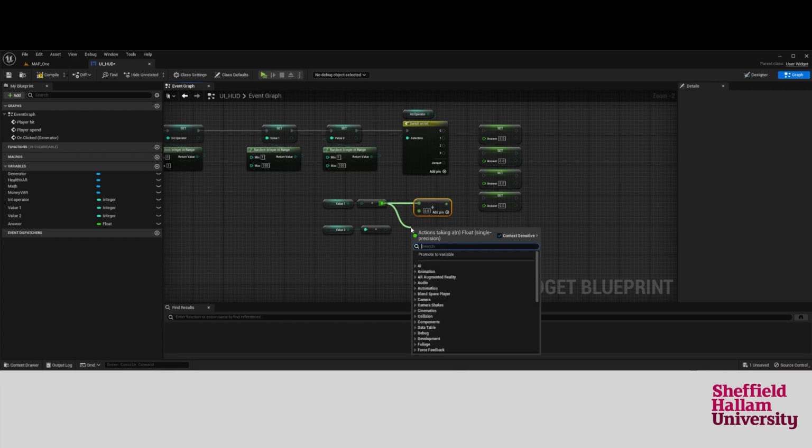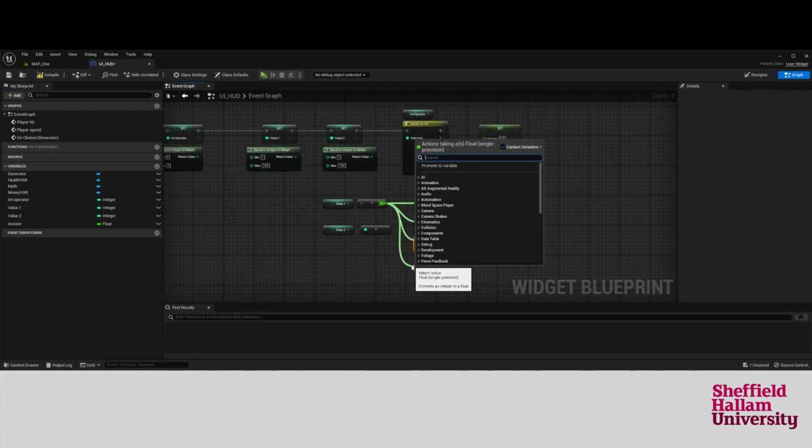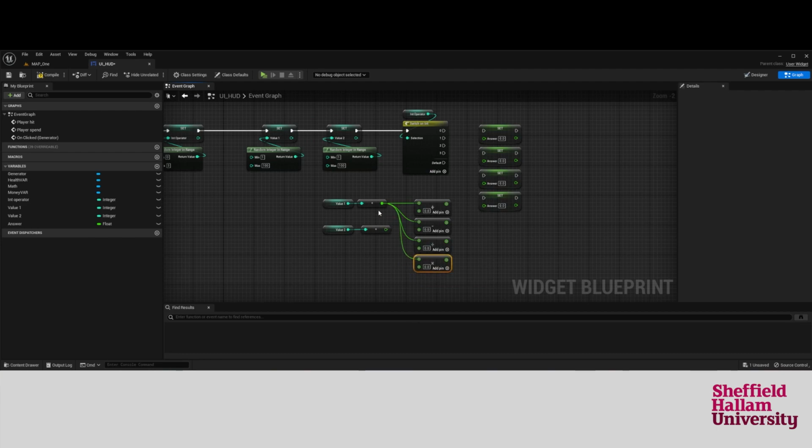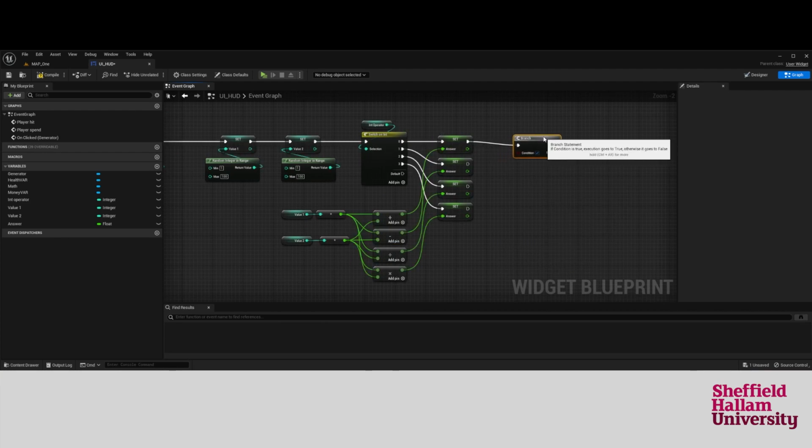Add, subtract, divide, and multiply. And then again, plug the value 2 into each one of these, and now there's no need to convert anywhere else. So plus is going to be if 0 is triggered. If 1 is triggered, we're going to do a minus. If 2 is triggered, we're going to do a divide, and if 3 is triggered, we're going to do a multiply. So after that, I'll explain why we need a branch in a moment, but for the time being,